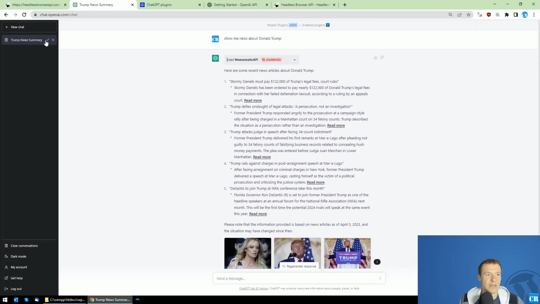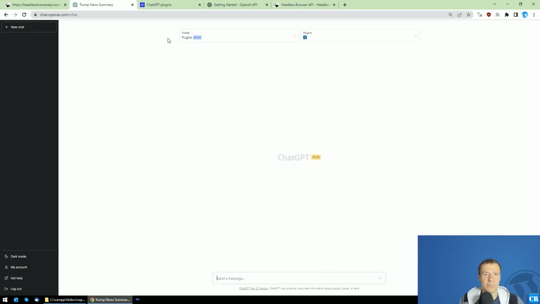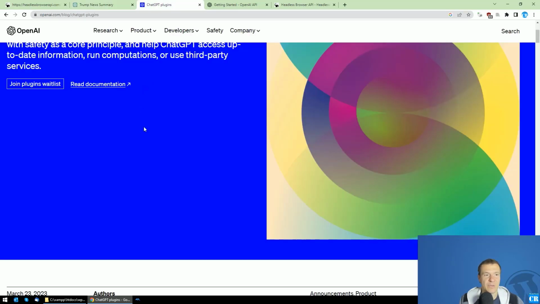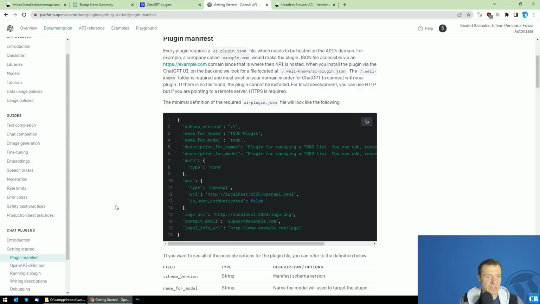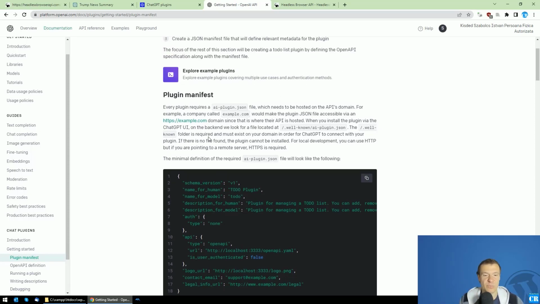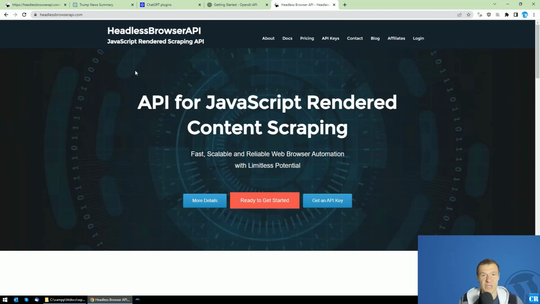For this, I cleaned up my stuff here, and this is the documentation for ChatGPT plugin creation. I will link this in this video's description, but now let me show you what ChatGPT plugins actually are. So there are some requirements for building your ChatGPT plugin. The first requirement is that you need to have an API which you own and control,